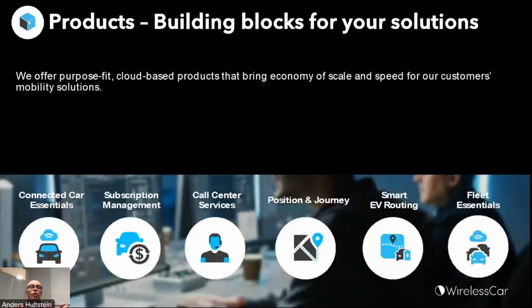Yes. So for many of our customers, we've built solutions that are bespoke to them. And over the years, you can, of course, understand that some of the things that we do for our customers are the same. So we've started to package some of the basic things into products. So today, when we talk to a new customer, we can actually offer a lot of the basic services that the customer will need as already existing